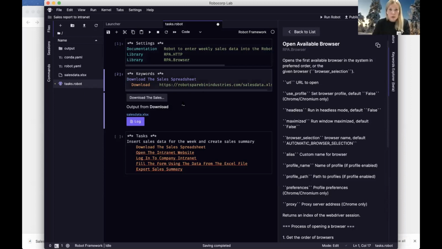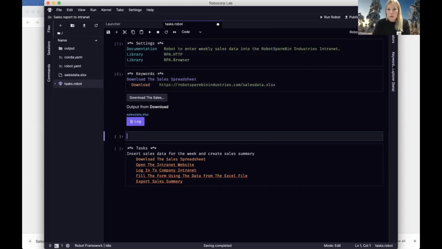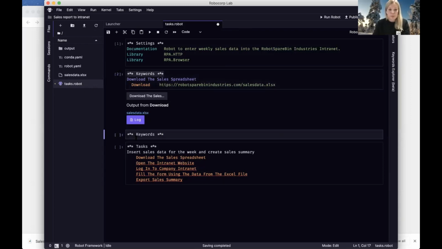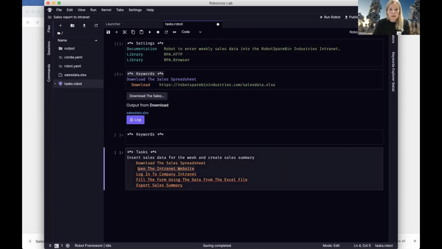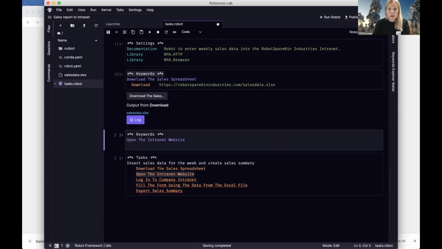And also to use the keyword, I will add a keyword section here. I will name the keyword with this name so that the robot again knows what to do with it. And I will use the autocomplete